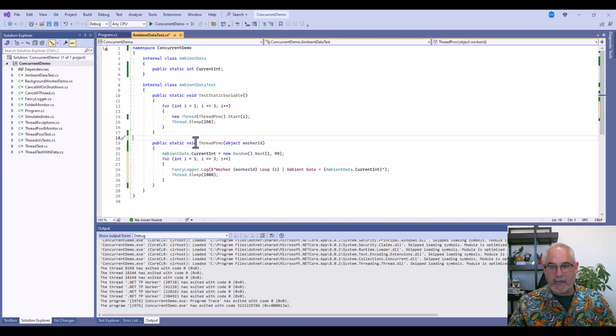So here's what's going on. First, the thread is setting ambient data.currentInt to a random number between 1 and 99. Then it loops 3 times, and on each loop it logs out a bit of information. It logs out its worker ID, which should be 1, 2, or 3, depending on which thread we're on. It logs out the loop ID, depending on which loop we're in, and it logs out what it thinks is